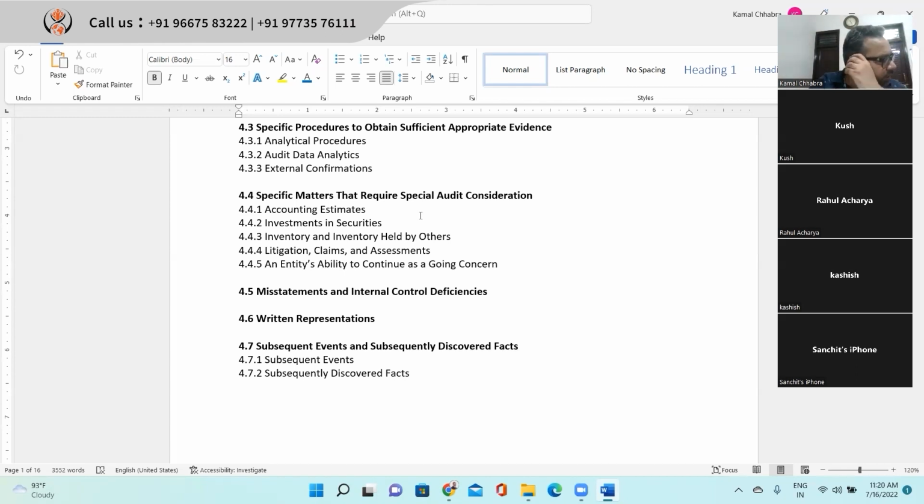But not all the accounting estimates; you need to identify them based on your risk assessment, right? So maybe provision for doubtful debt, in some company it may be a significant risk, but in some company it is a general standard practice, right? In some company, provision for long-term employee benefit might be a significant risk area, right? And then the accounting estimate would be given sufficient and appropriate special audit consideration. But in some cases, it may not be that much volume to be material to the financial statements and might not be considered a significant risk area.